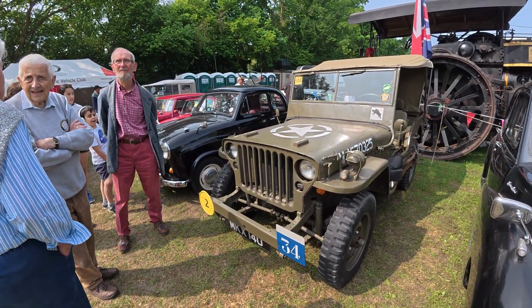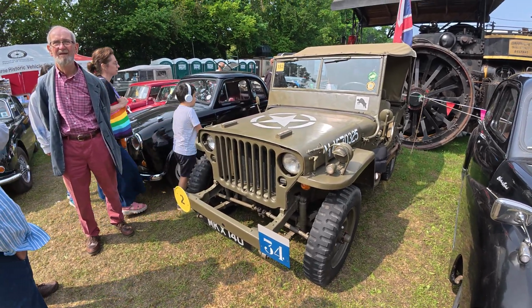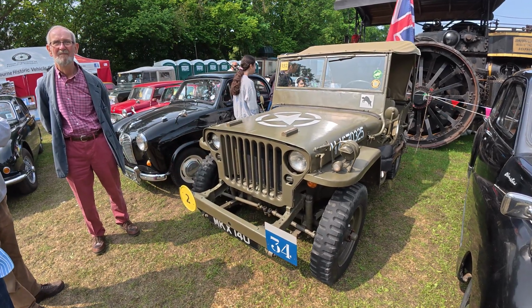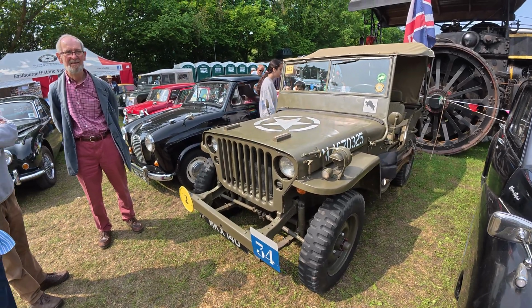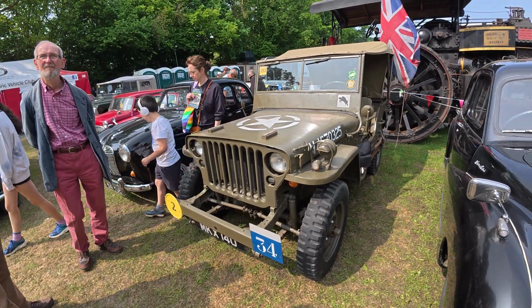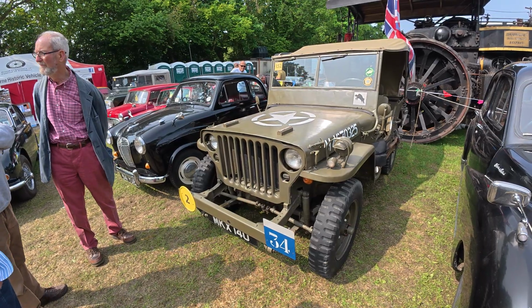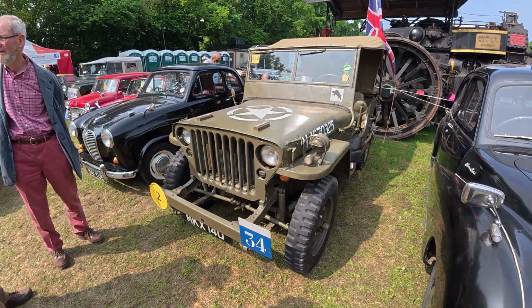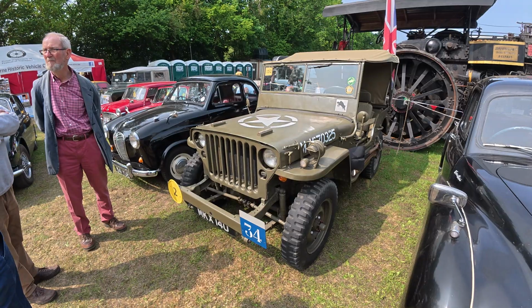So it's just really interesting because chances are this is either from World War II or not long after, and I think the last of the line for these was a Jeep Wrangler, because this kind of idea went on for quite some time. I think the first civilian Jeeps were based around these and were known as CJs. But I think these had the 2.2 Go Devil 4-cylinder side valve. Yeah, so this would have had the Go Devil side valve, well, flathead as they call it, 4-cylinder, 60 horsepower,